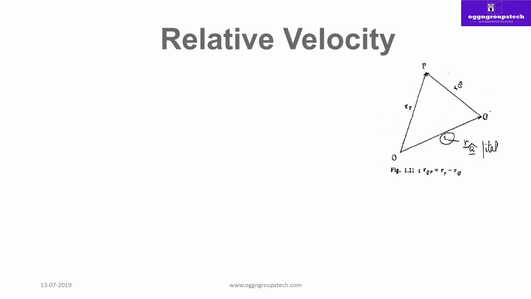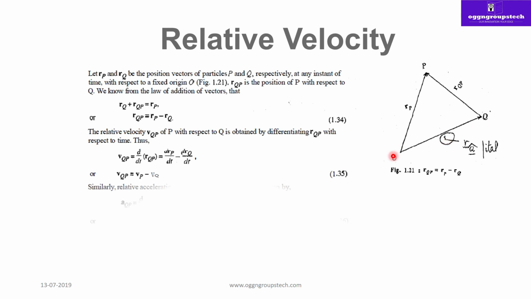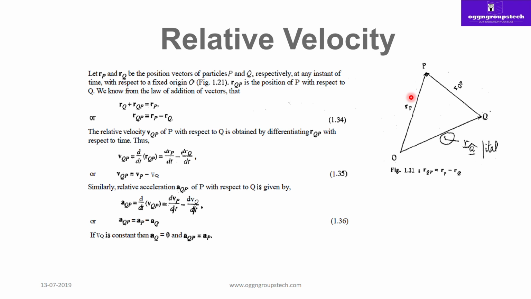Now relative velocity. What is meant by relative velocity? First of all, see this diagram. Now I am having a point P, I am having a point Q, starting from O. So a person starts from here, it goes till here. He starts from here, it goes till this. So in this case, what has happened? Both are in different directions, but the OP is being denoted by RP and OQ is denoted by RQ. So now as this arrow is going up, this arrow is going up, so I'll just join this line, so this becomes